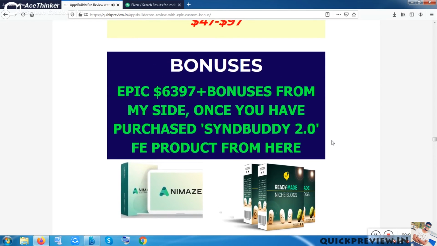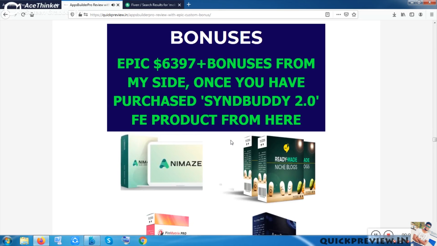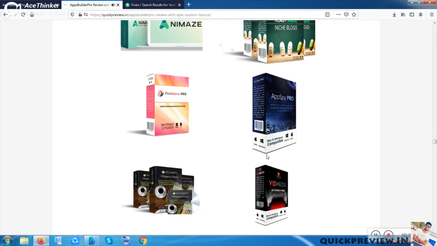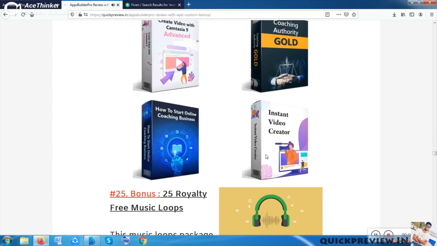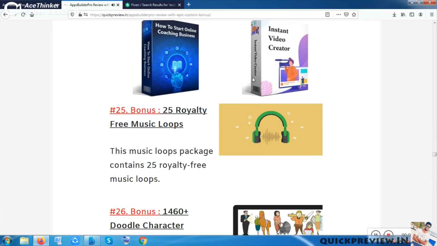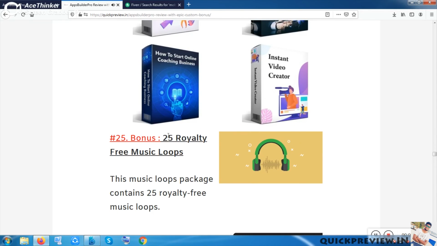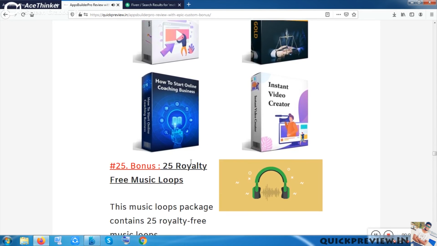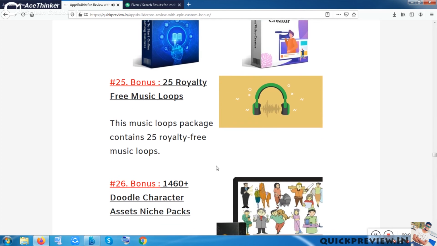So these are the bonuses I am giving you. This is all of the bonuses. You can see there are so many bonuses, and they are literally very valuable. I have just given the pictures only. I have not mentioned the details here because I think the same thing is boring. So I have put just photos, and after that I have mentioned two or three lines, or maybe one line, about each bonus. Because the same thing is boring, I have tried to change it.